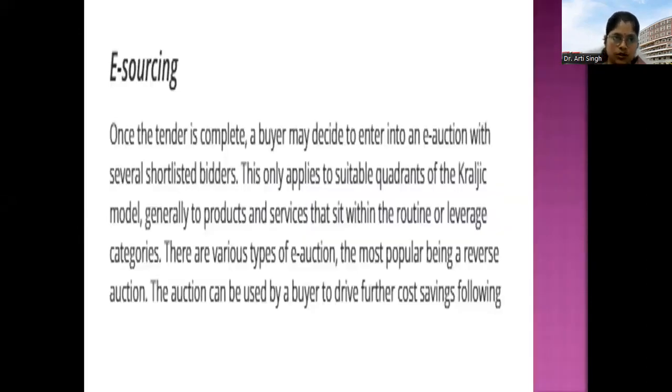First, e-sourcing. Once the tender is complete, a buyer may decide to enter into an e-auction with the several shortlisted bidders. This only applies to suitable quadrants of the Kraljic model, generally to products and services that sit within the routine or leverage categories. There are various types of e-auctions, the most popular being a reverse auction. The auction can be used by a buyer to drive further cost savings for